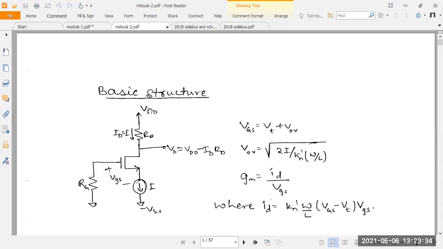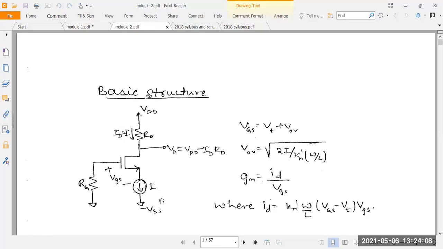Common gate. Why is it common gate? Resistor is connected across the gate and ground, right? Here input resistance means gate resistance, it is going to ground. So you have to consider it a common gate configuration. Understood? Suppose the source is connected to ground, that is part of the common source configuration. But here the source is connected to negative voltage.